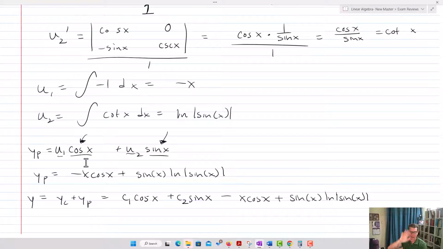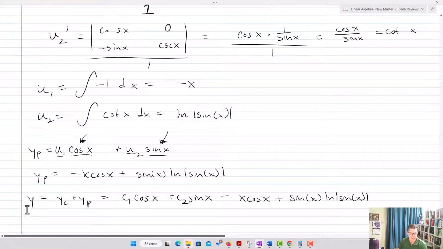So I just want to be very careful. It's not always cosine x and sine x. Sometimes it just depends upon what the actual solutions to the homogeneous part actually are. So we do that, and then finally, like we've done every other time, we're going to go in and add the complementary part to the particular part, and that finishes